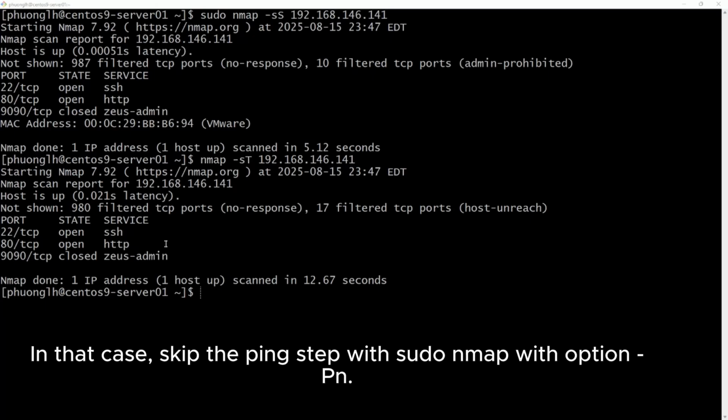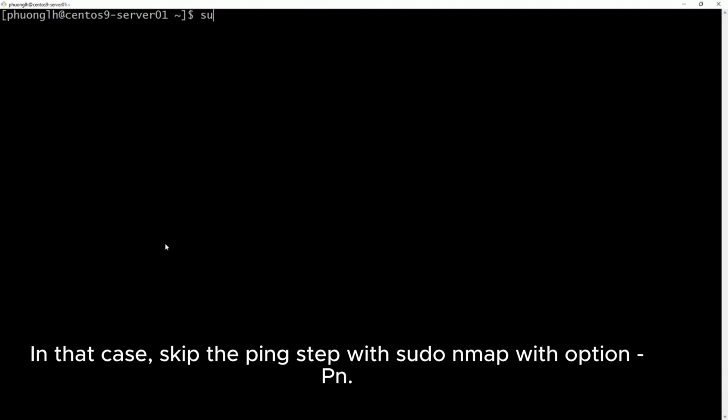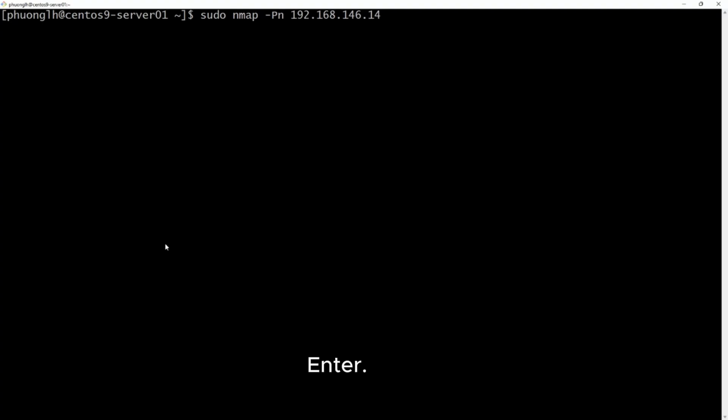In that case, skip the ping step with sudo nmap with option -Pn, uppercase P, and enter.